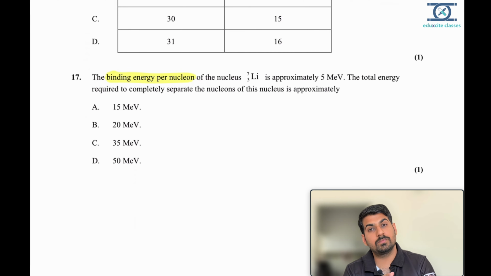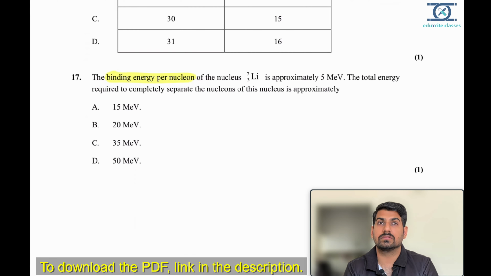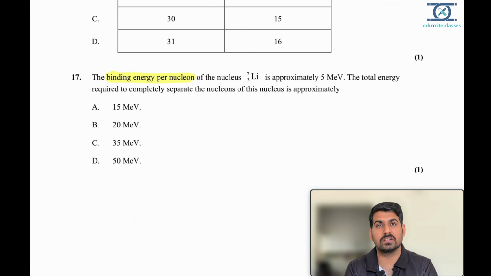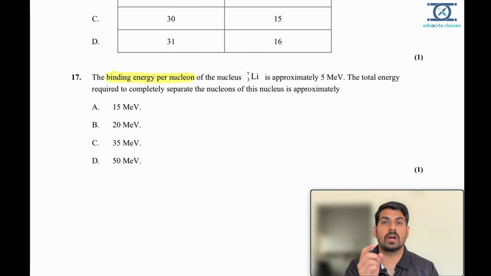So that energy per nucleon, like for example, if I say there are 30 number of nucleons, and if I have to provide 30 joule, let us say, just a simple example so that you can understand it better. So 30 joule is required to break an element having 30 number of nucleons. So binding energy per nucleon will be total energy divided by number of nucleons. So 30 divided by 30 will be 1. So I need 1 joule of energy to make each nucleon split apart.